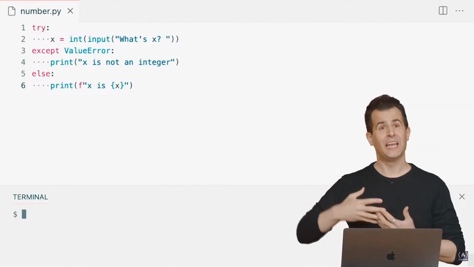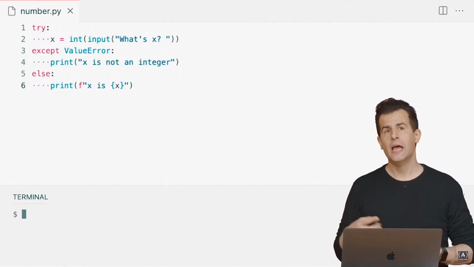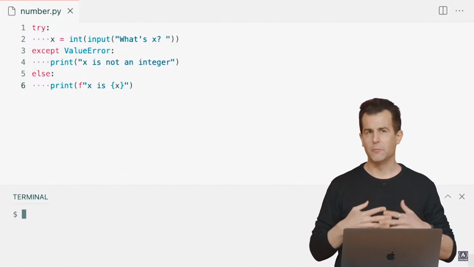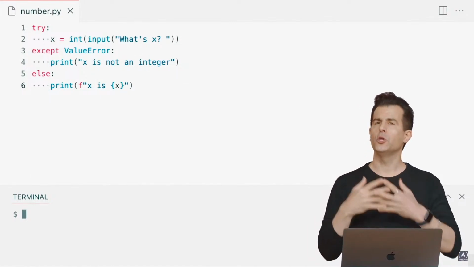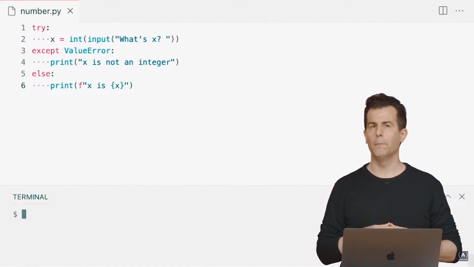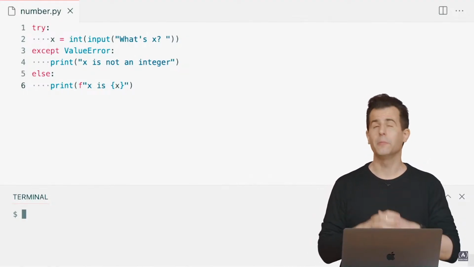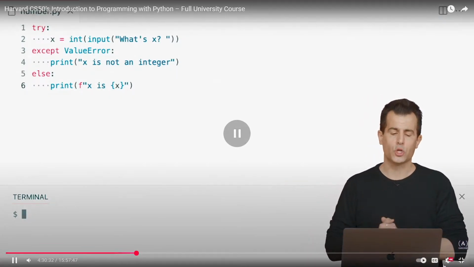So a loop is something that happens again and again and again. And maybe we can use that same mechanism, a loop, in order to prompt the user for x. And if they don't give us a number, prompt them again. And if they don't, prompt them again and again and again. We don't need to just